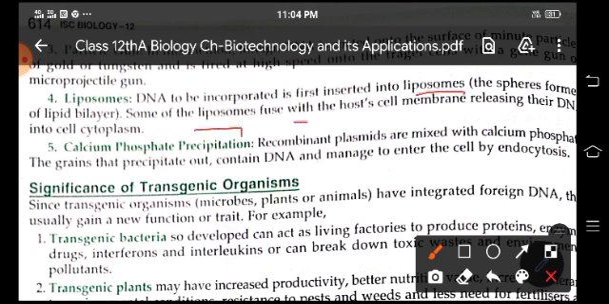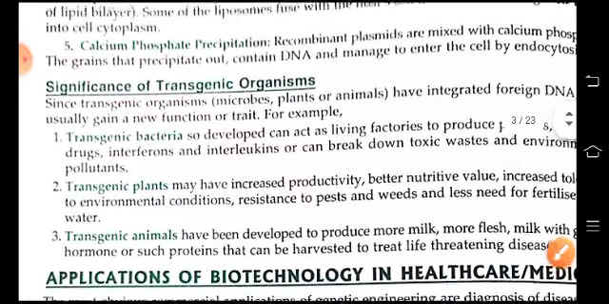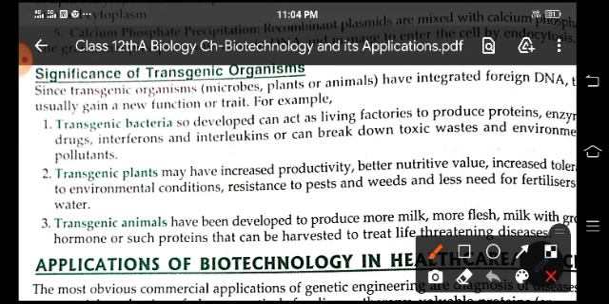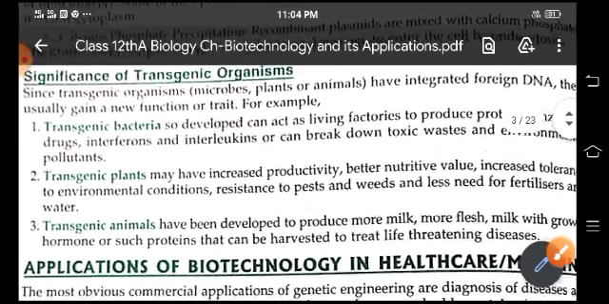Now, what is the use or what is the significance or what is the importance of transgenic organisms? These transgenic organisms have integrated foreign DNA, so they usually gain a new function or trait. For example, transgenic bacteria